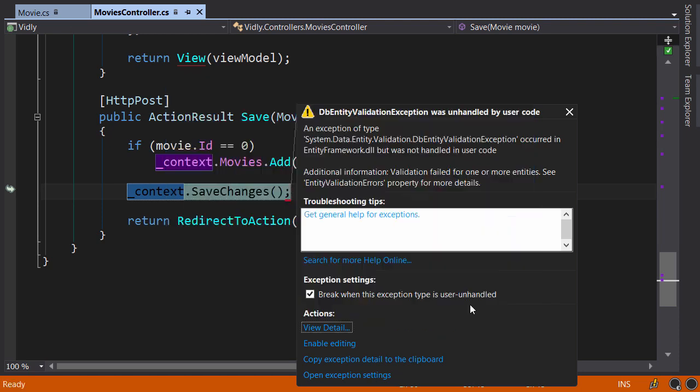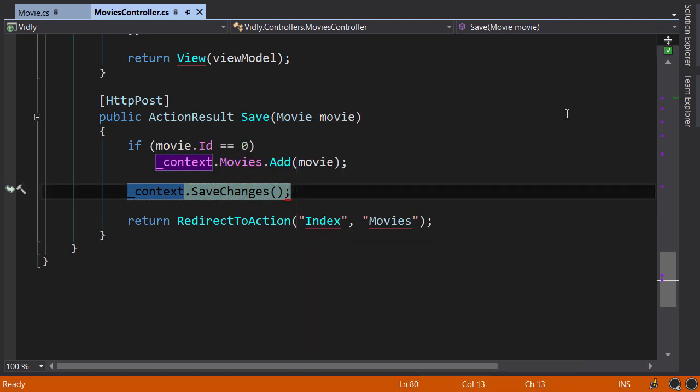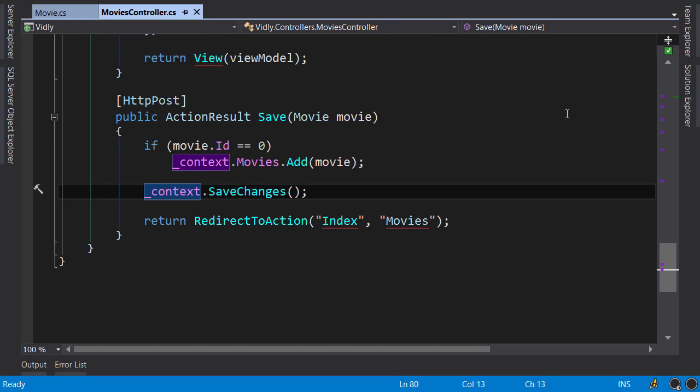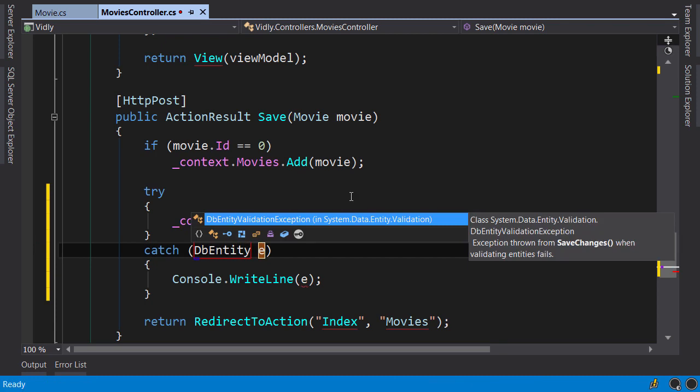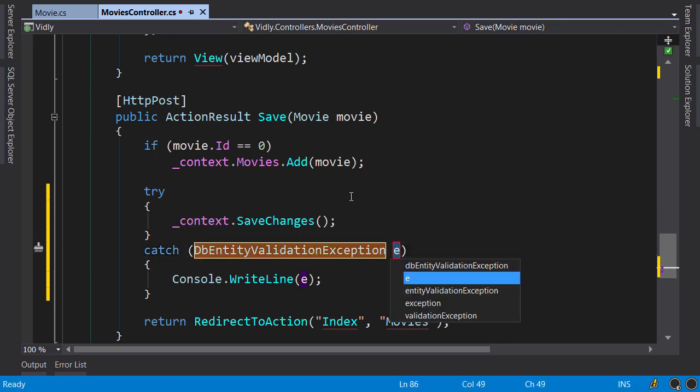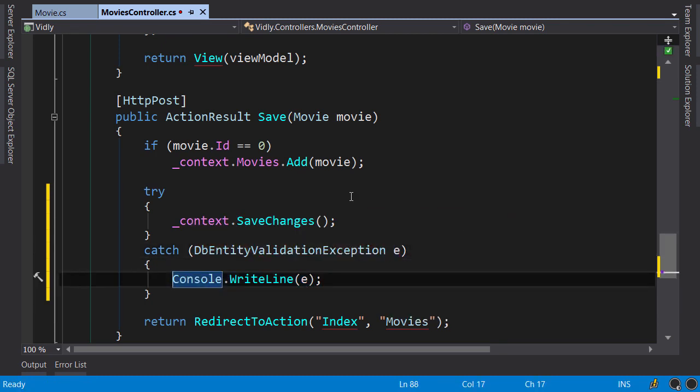So close this. Shift and F5 to stop the debugger. I'm going to select this line and surround it with a try-catch block, and then change the type of exception to DbEntityValidationException. Now I put a breakpoint here with F9, run the application in debug mode again with F5,